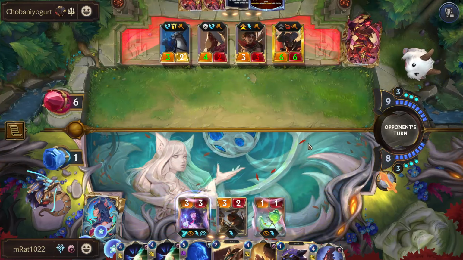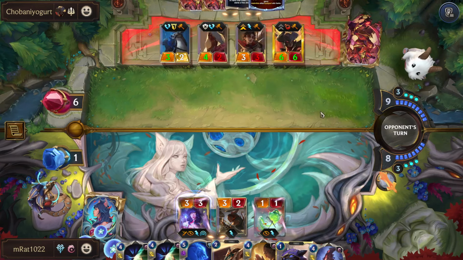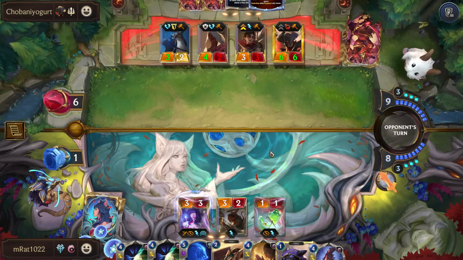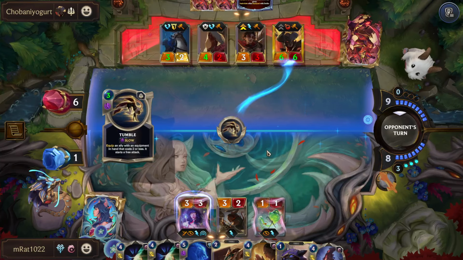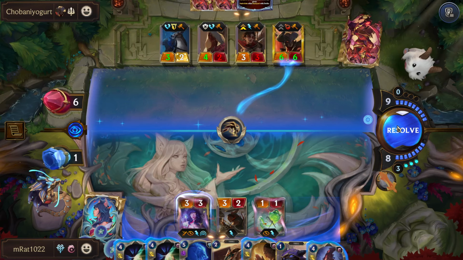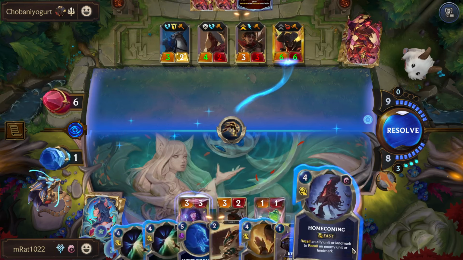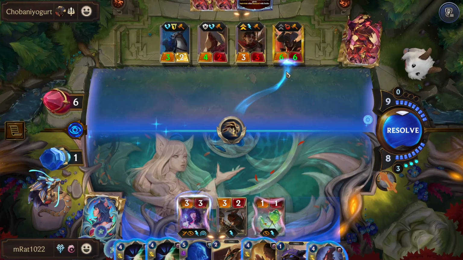That's lethal on board. We have 8, 9, 10, 11 mana to work with. So we have Deny plus Homecoming. That will heal. So we resolve this. We have 11 mana, so we can go block with Droplet, Homecoming. That puts us down to 7. So we can still play...